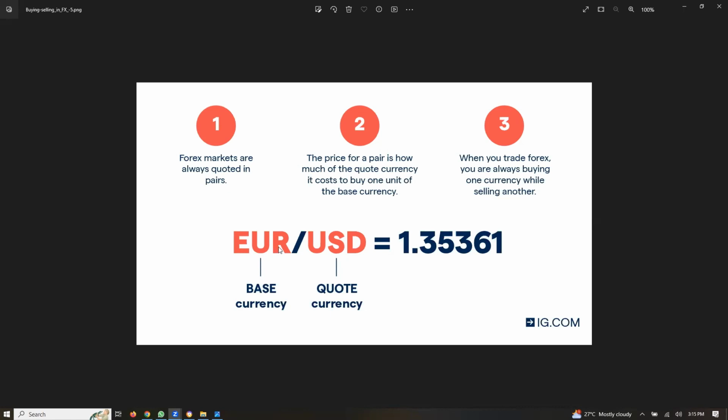So for instance, if it has been reduced to 1.3534, it means that there's a decrease of 2 pip movement from 36 now to 34, which means the euro has depreciated in value. So the dollar has increased in value against the euro. If we were to take any action, we were going to sell the euro against the dollar, so that the dollar will increase in value and we will benefit out of that.